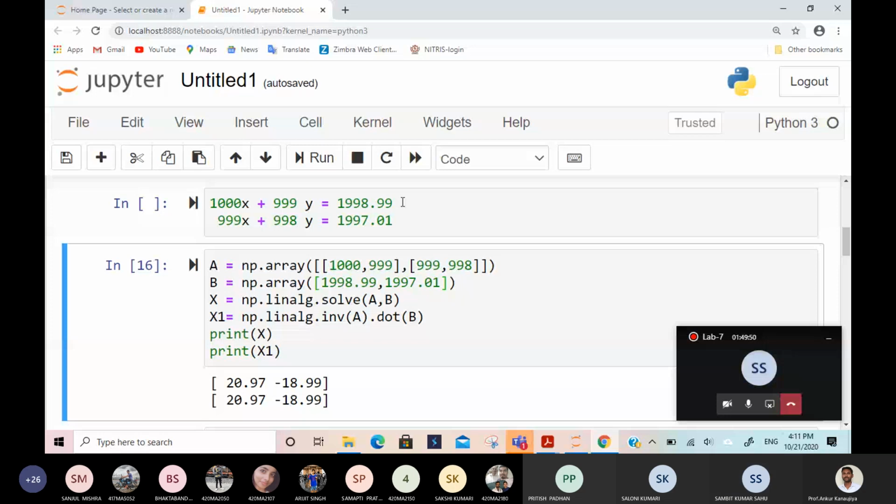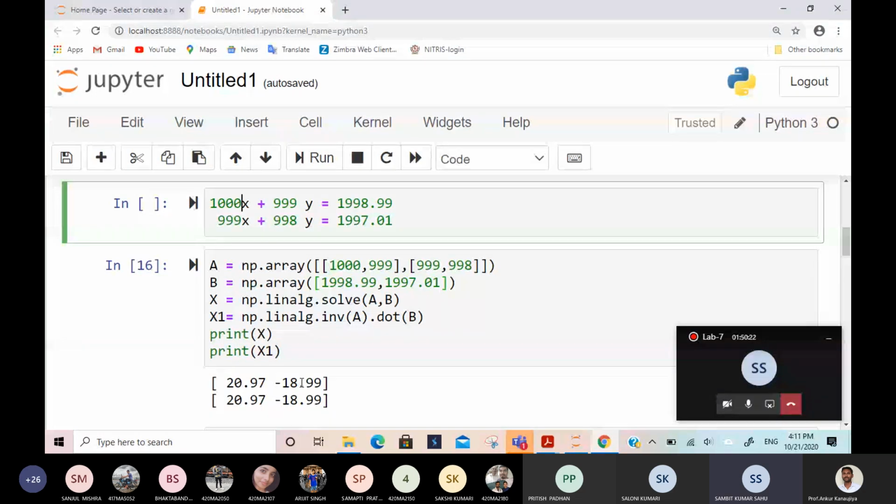Even I can make a small change in the entry also, and I am getting a very different answer. So if you are doing such problems numerically, this error can happen, and you cannot always avoid such things. Like 1/3, if you want to write it, how many decimal places will it give, 0.333 up to what? After a certain stage, depending on the computer memory, it will stop. That means you are not getting the exact 1/3. You are getting some approximation of 1/3 because these are real numbers.